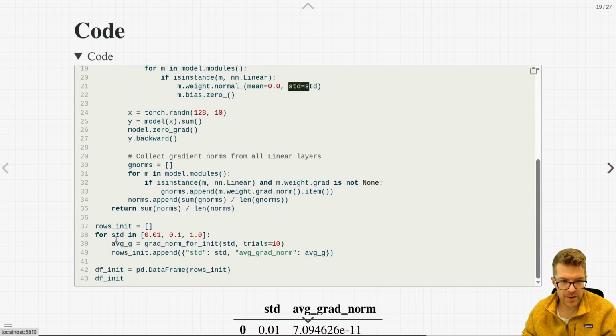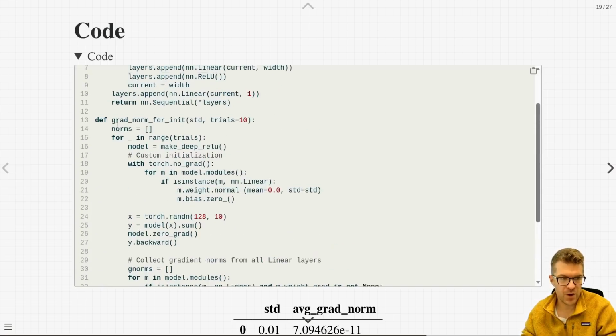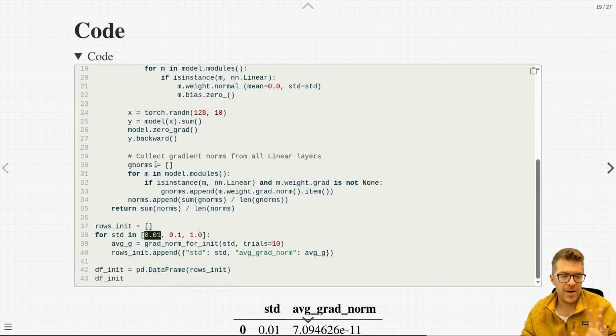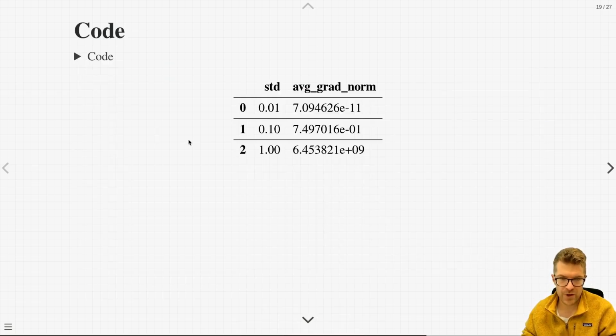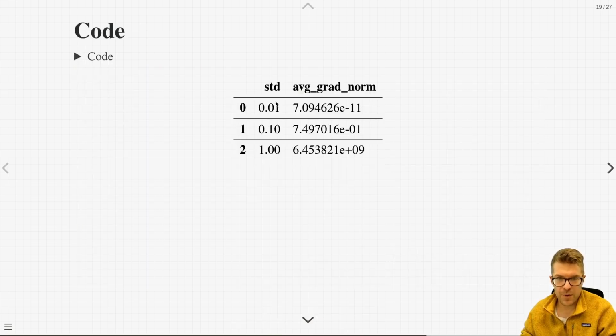So here we do our experiment for a standard deviation, like these weight matrices with standard deviation 0.01, 0.1, and 1. Compute your gradient norms and then see what happens to your neural network. We're not going to be doing full training here. This is just like a simulation of what would happen during training. I think it's important to mention, but everything else here is as it was before, so we're still computing our